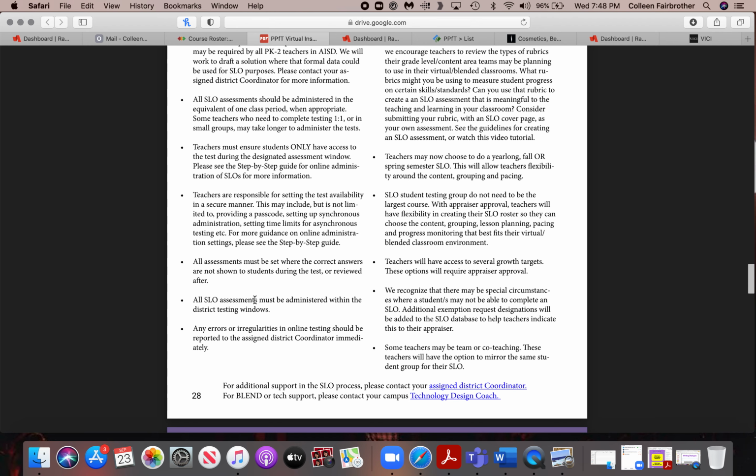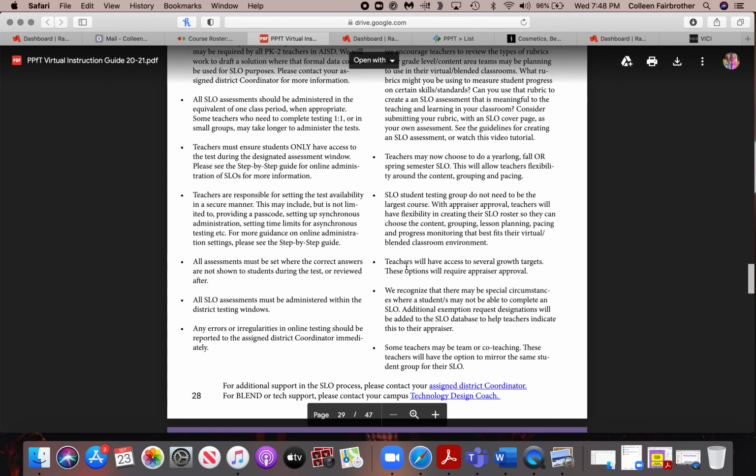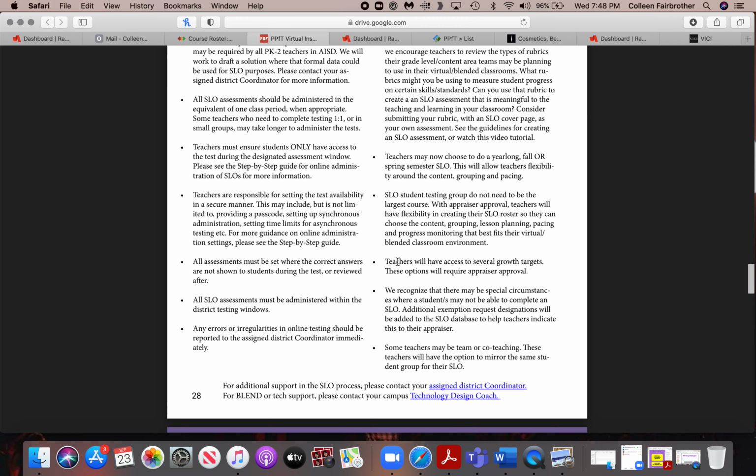And then also, yes, they say we recognize there may be special circumstances where a student may or may not be able to complete an SLO. They are providing an additional exemption request that will be added to the SLO database to help teachers indicate this to their appraiser. There also is another exemption